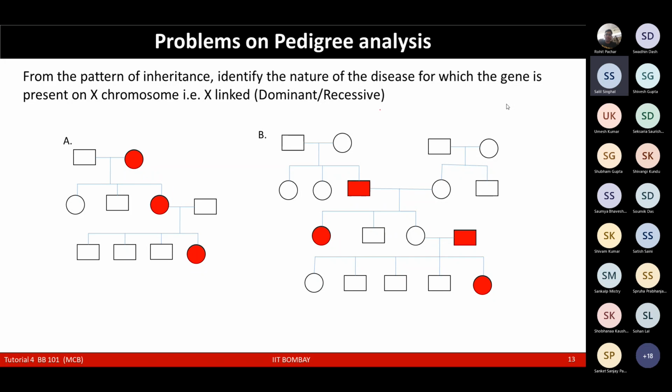The trait could be linked to either X or Y or both X and Y. Your question is actually very vague. In the male part, I'm not understanding the meaning of autosomal inheritance. It's simple actually. Autosomal means, again I'll repeat, suppose we have one trait, and in the next generation, if there is a male and female, there is an equal probability of getting that trait. That is autosomal inheritance.